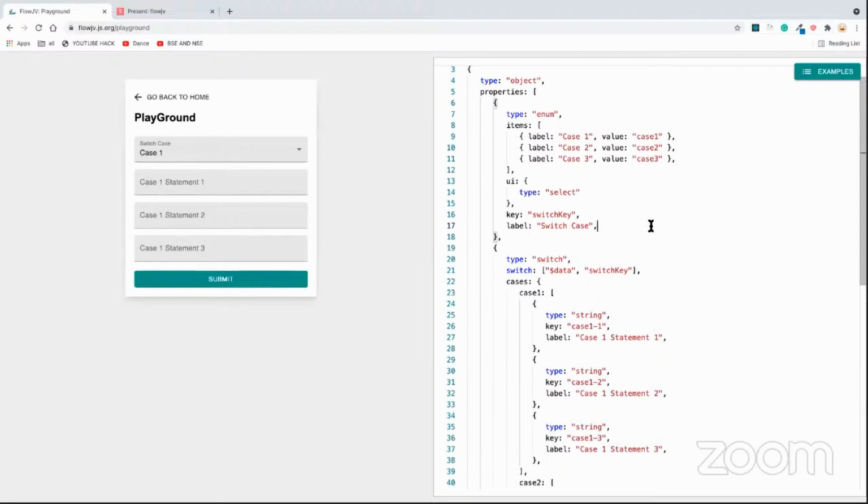The second reason why this is neat is because in FlowJV we have something called JSON expression. There is this same concept within Mapbox as well. So the validations can be defined in terms of an array representation, which is in itself serializable. You can look into the documentation if you want to look into this further. The idea is, why we need our schema to be serializable is because we can store it in a database, or we can create tools where we can develop forms dynamically. That is also another possibility.